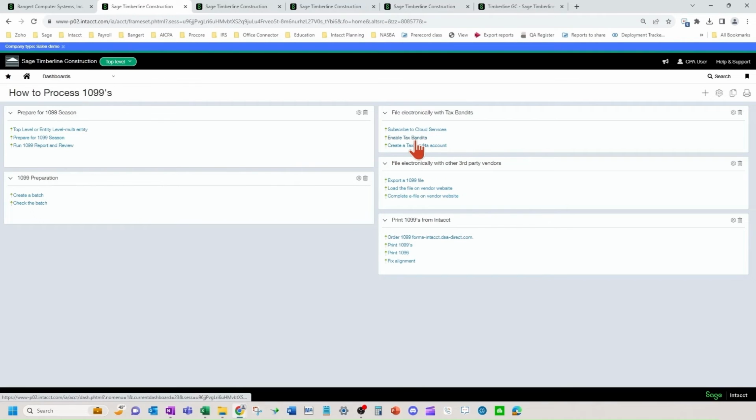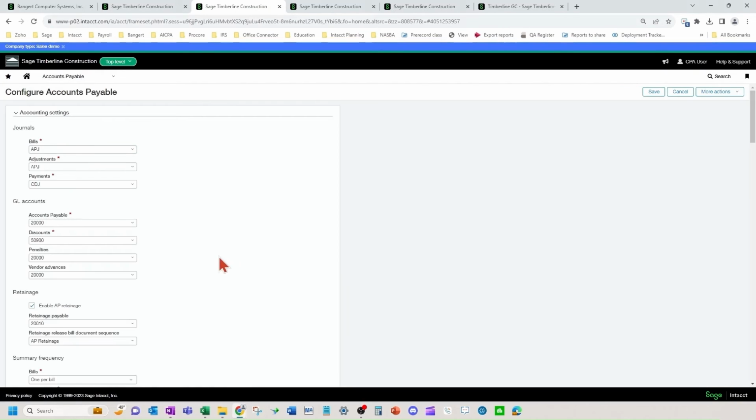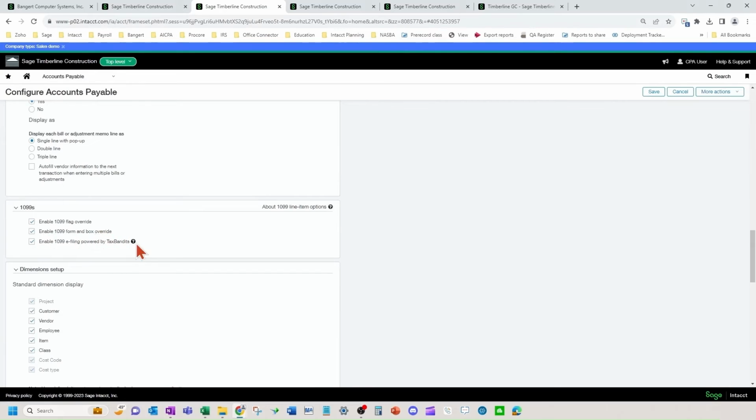Then we would enable the Tax Bandits software to be integrated with Sage. That is located in the configuration of accounts payable right here.